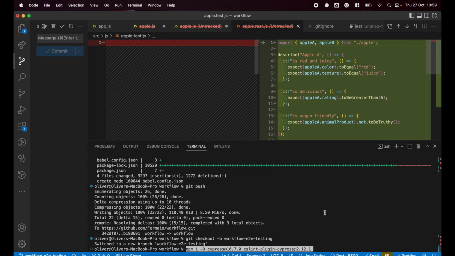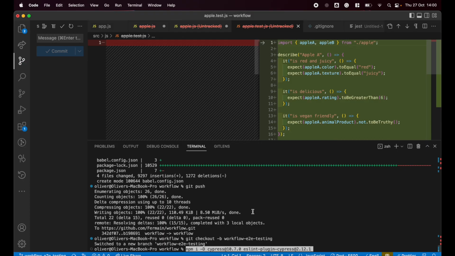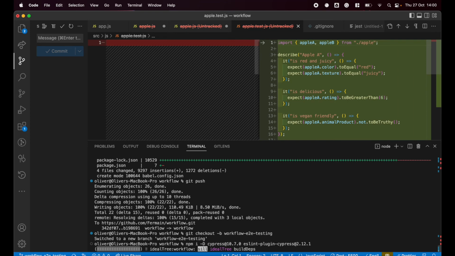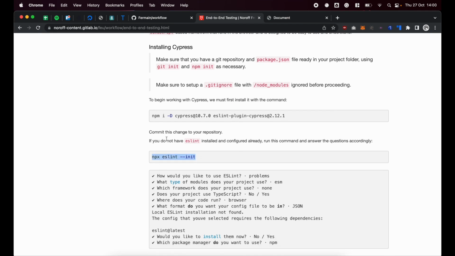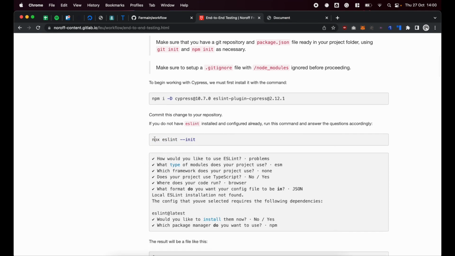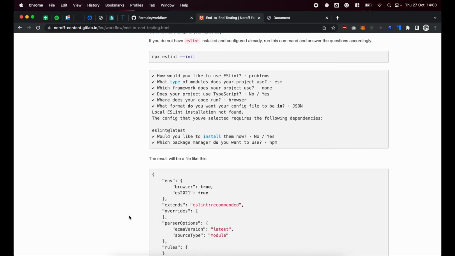So the same thing we're going to do. This could be 2 steps here. We could be installing Cypress here and then installing the ESLint plugin for Cypress somewhere else. But I'm going to do these at the same time just to save a little bit of time. We've already done this step, so the lessons are assuming that you're doing them from scratch, that you're not going to be merging the 2 together. But merging them is not a big problem,